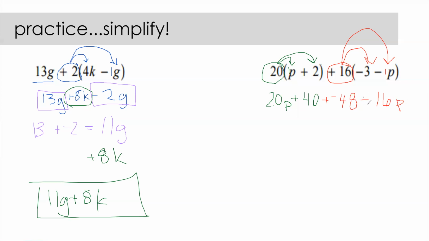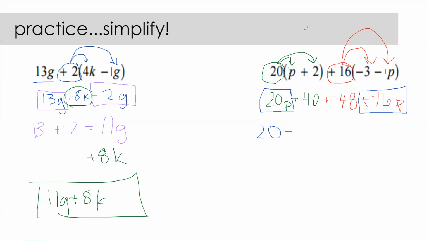If I wanted to, I can KCO that to make it a little bit easier for me to see. So kept the negative 48, changed the subtraction to addition, and then did the opposite of a positive 16, which is a negative 16. Now I'm going to be grouping this up by my like terms. So I see a 20p right there, and I see a negative 16p right there. Since those have the same variable, that means that I can put them together. So we are combining